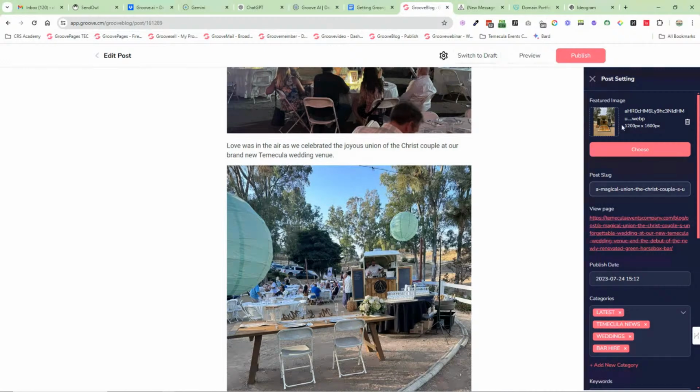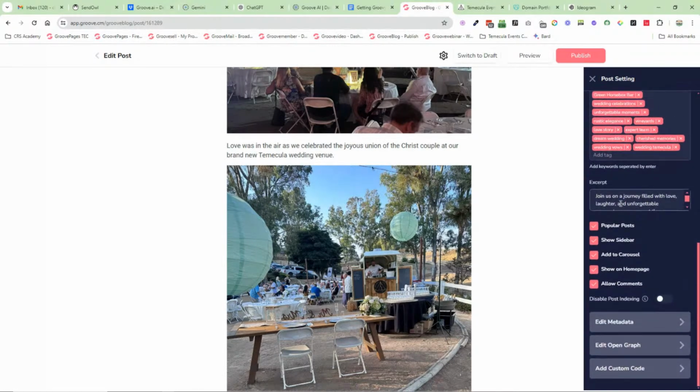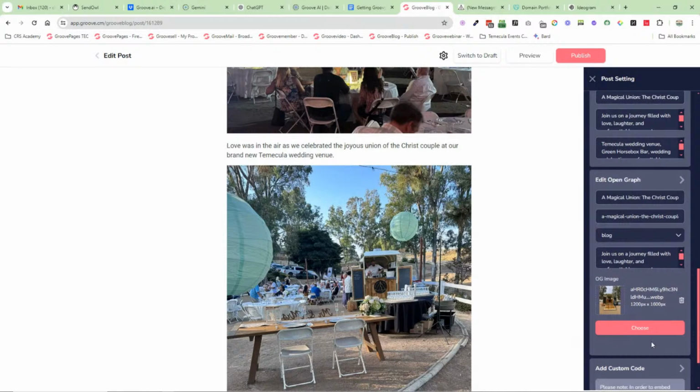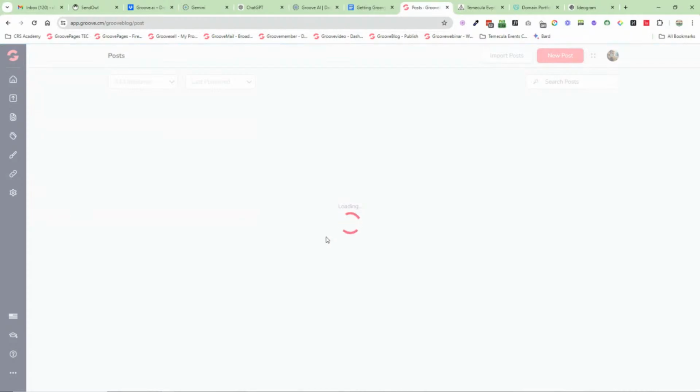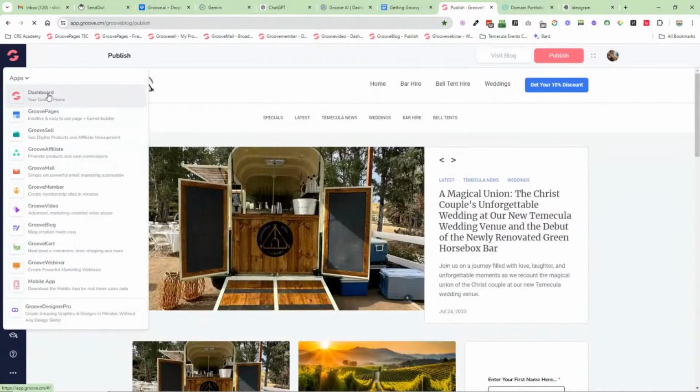Over here, you're going to swap out, obviously, the featured image of the dummy post, remove the slug or change the slug, and when you click publish, it will change this, change the date, the categories, the keywords, add a small excerpt, and again, you can remove or add any of these. Here's all your metadata. If it's on a dummy blog, you will need to modify this. If you're doing it brand new, it will kind of auto-populate most of it. There's an image, and you've got your custom code as well. Let's exit without saving. And then once you've done that, you go and publish. And obviously, that's what it looks like. So that is Groove Blog.